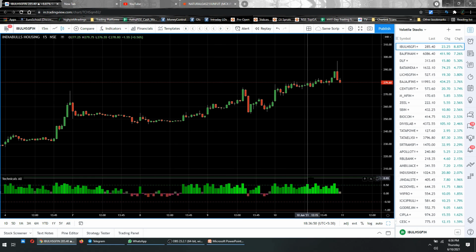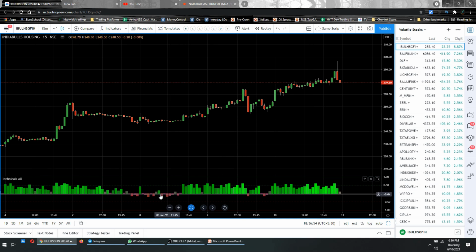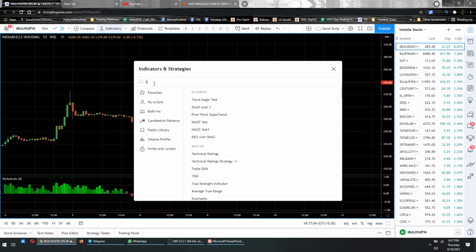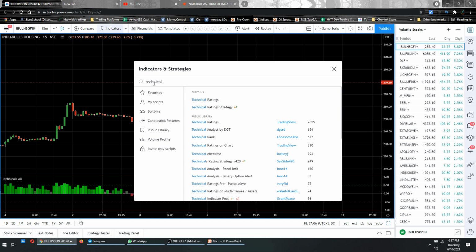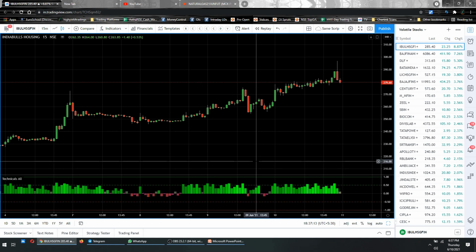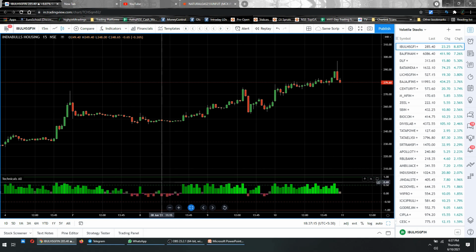This thing that you see here, the histogram with some green histograms and some red histograms, is nothing but the technical ratings oscillator. So you need to click on indicators, and you just have to type in technical ratings, and you click on this, and the technical ratings oscillator will get